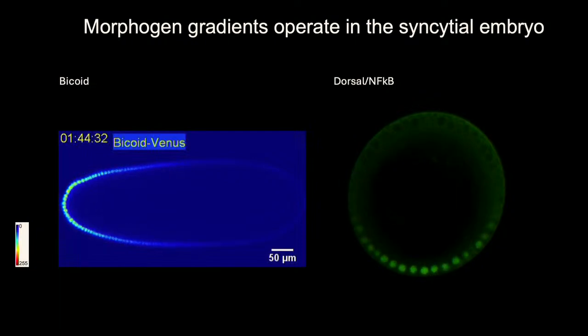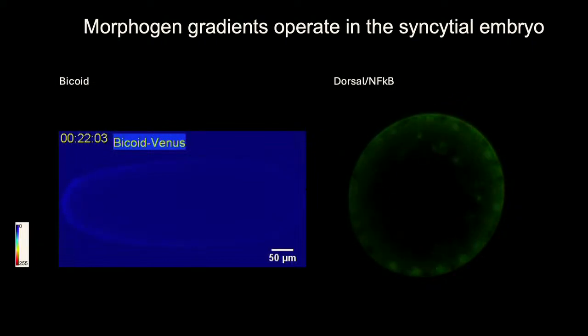So the nuclei are already present at the periphery at this point, and really you can monitor the signal and how it is increasing as the divisions are taking place. So it turns out that as the divisions take place, even the amount of signal which is present does increase over time. And this kind of method allows you to quantify the amount of signal across the division cycles in this syncytial embryo. So again, starting here, this is the first division where the nuclei are present, then 11, then